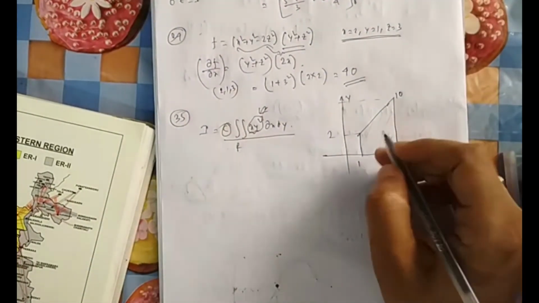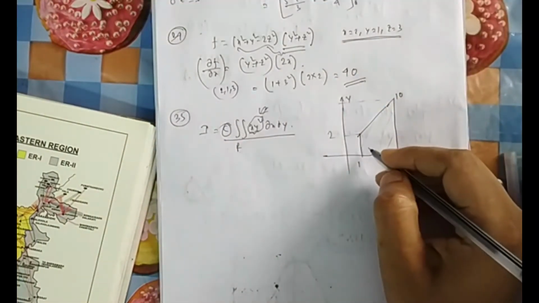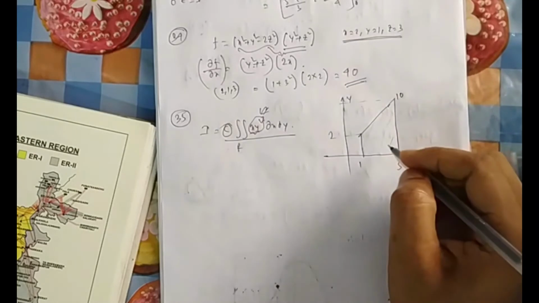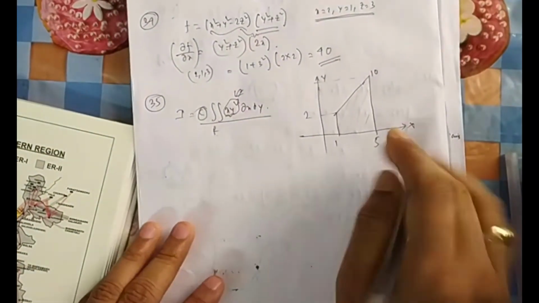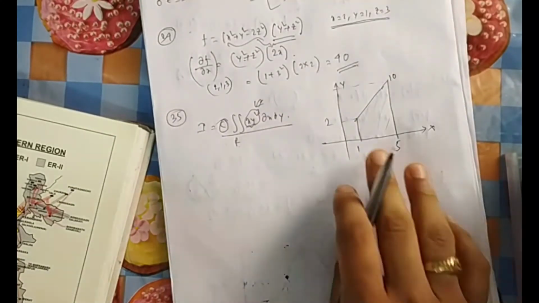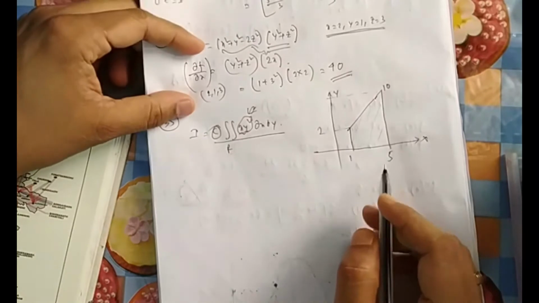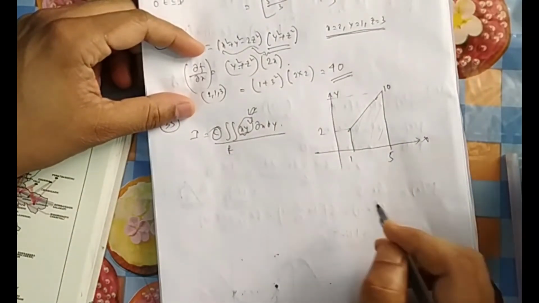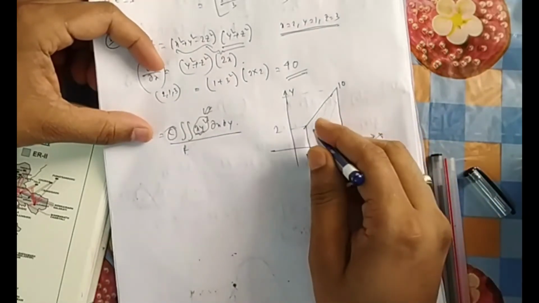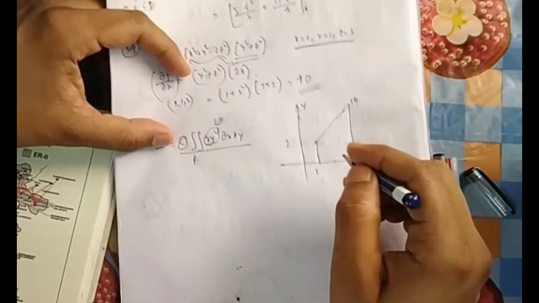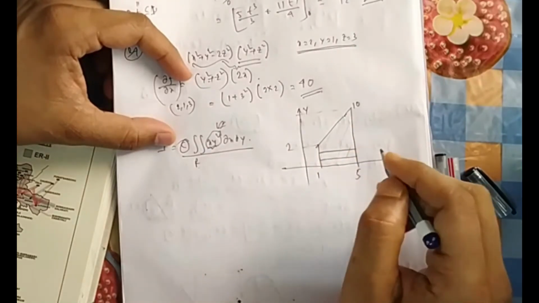Okay, so in order to calculate this volume or this integral, we need to take a broom and then we have to sweep it. So you can take broom in X direction, you can take broom in Y direction. I've told you your mom also sweeps in one way, your father sweeps in another way, you sweep in another way. But here only two ways are possible, either in X or Y. So if I take X, let me do it with a pencil so that I can clean it up.